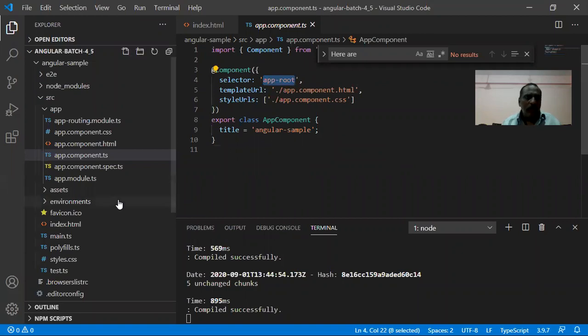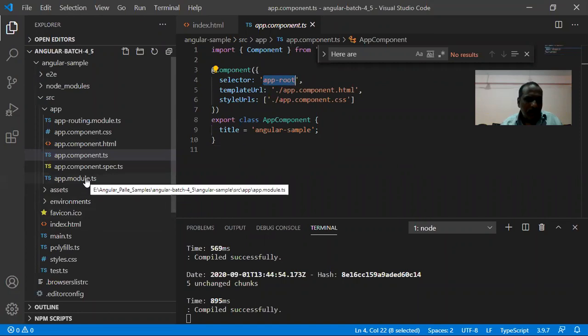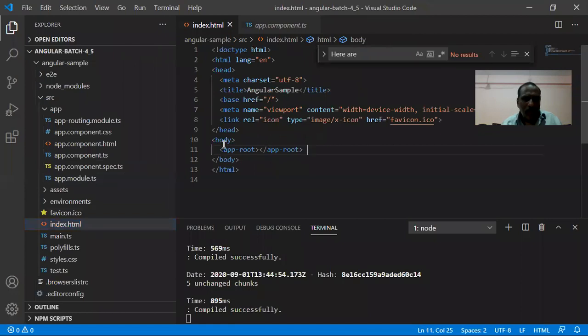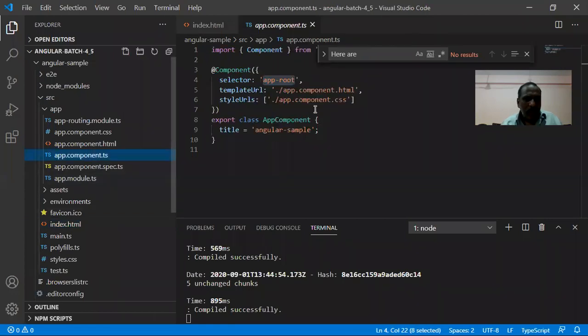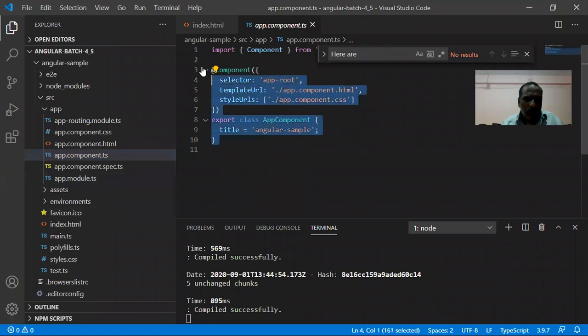Now you observe, wherever the app-root selector is present, this component's output is placed, and this component is basically a class. This component is linked with an HTML file. So this HTML file output will be placed wherever you use this app-root tag.